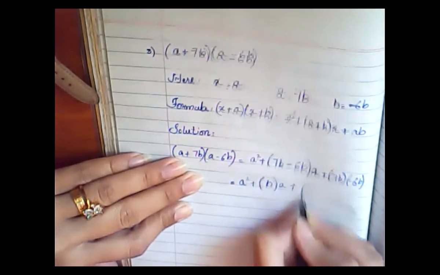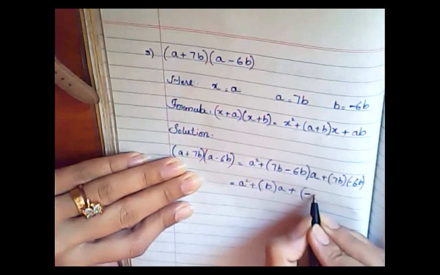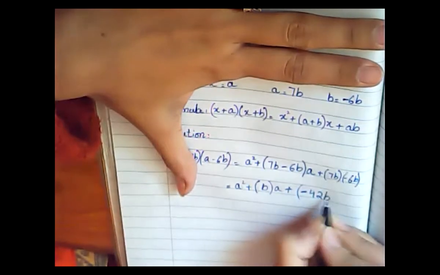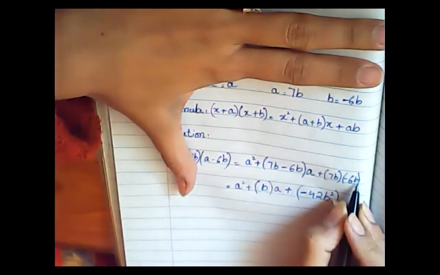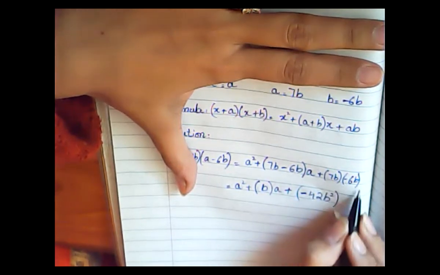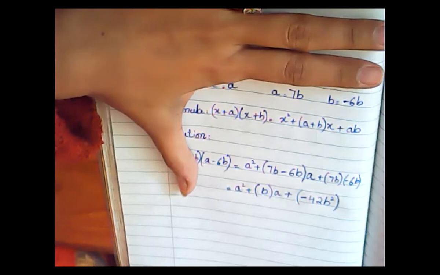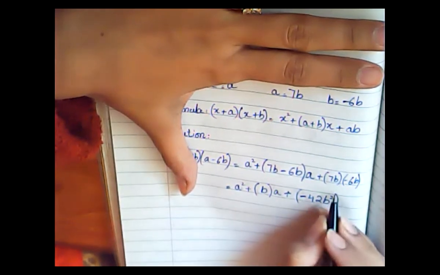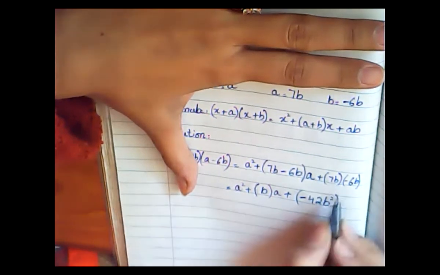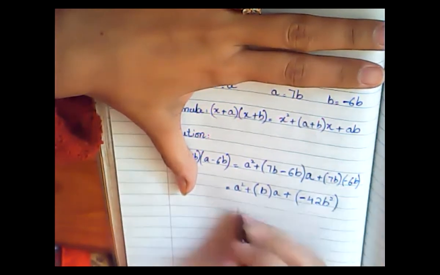Now the plus sign is here. Now students, tell me plus minus. Very good, Aisha. Plus minus minus. 7 sixes are 42, and b into b is b square. Don't forget to write this a and b within the small bracket, otherwise you will get confused about whether we are going to multiply or do subtraction. When you put these two terms within the bracket, it is very clear that you are doing multiplication here.